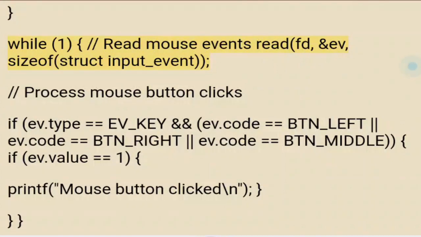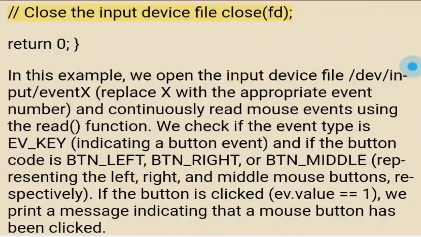while (1) { // Read mouse events read(fd, &ev, sizeof(struct input_event)); // Process mouse button clicks if (ev.type == EV_KEY && (ev.code == BTN_LEFT || ev.code == BTN_RIGHT || ev.code == BTN_MIDDLE)) { if (ev.value == 1) { printf("Mouse button clicked\n"); } } } // Close the input device file close(fd); return 0; }